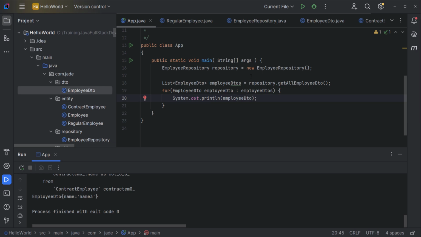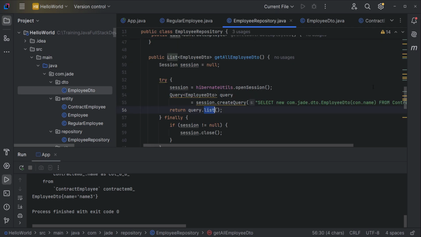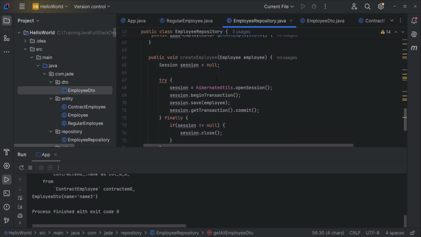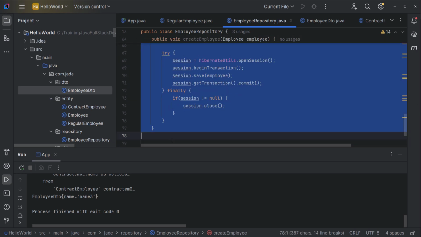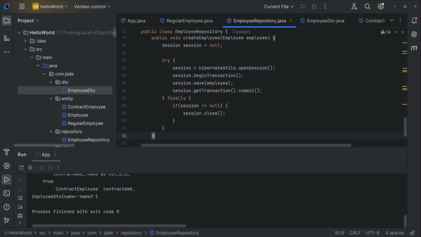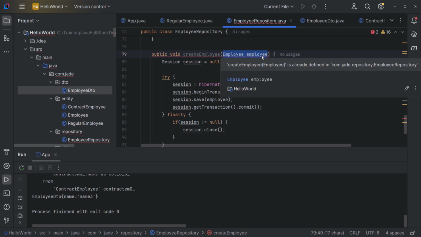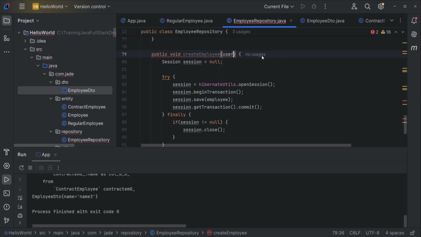Now we use Hibernate for the insert. Let's try. Go to employee repository, right? Okay, we have one create employee. So now we just create another method with Hibernate. Let's try it to see what happens, right? Create an employee, and now I will put just the username, just the name,